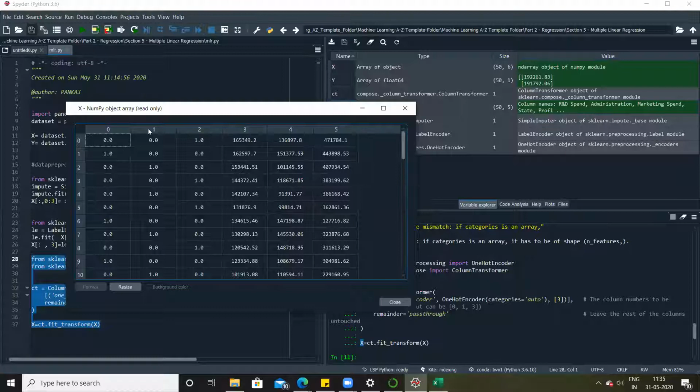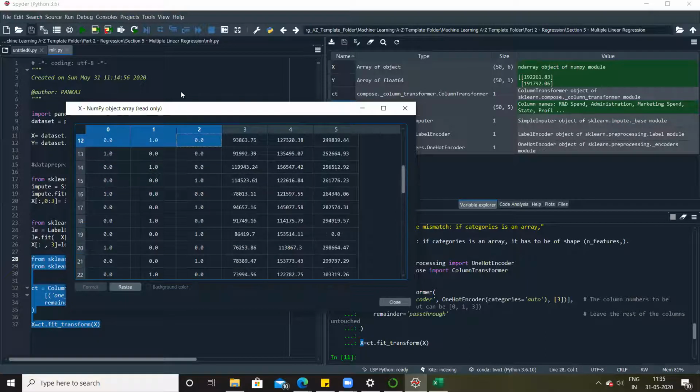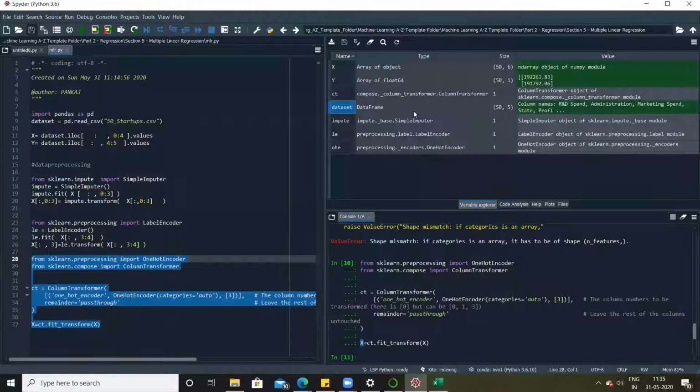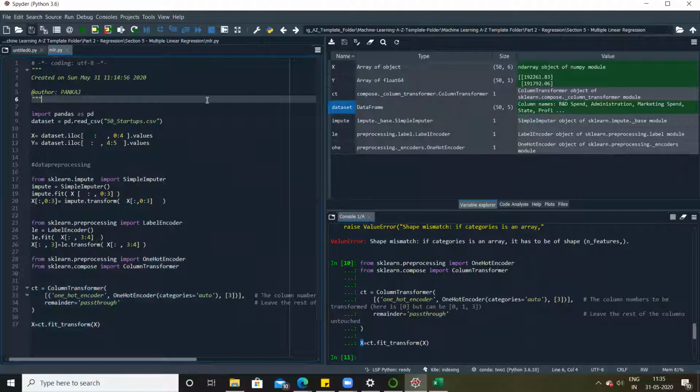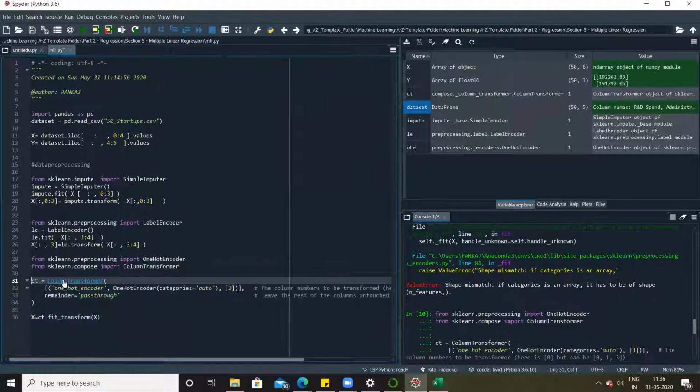We have applied one-hot encoding on the state column, and you can see it has come from the last location and has been placed at the beginning, as 0, 1, and 2. So these 3 columns indicate your state column now. Is this step clear, guys? Perfect. And then we are done with the pre-processing step.